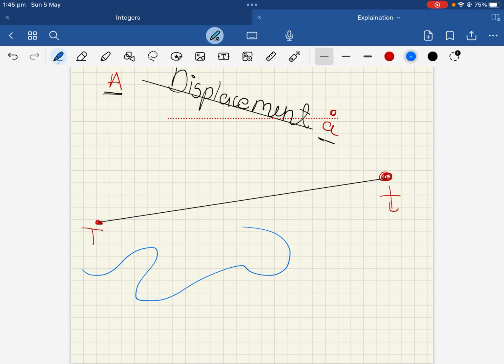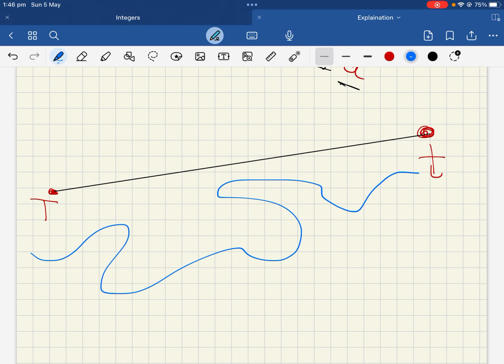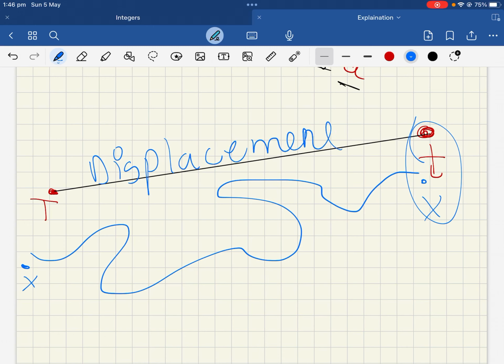Let us denote it by car X and point X. Point X and T are the same thing, just a little figure is messed up, but no worries. The train is taking the displacement. The distance the train is covering is also the displacement, because it is the shortest distance between train T